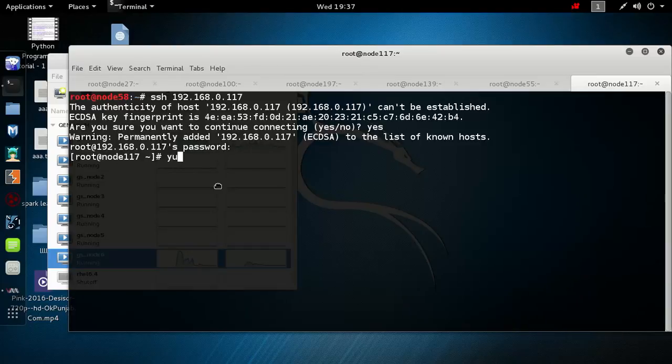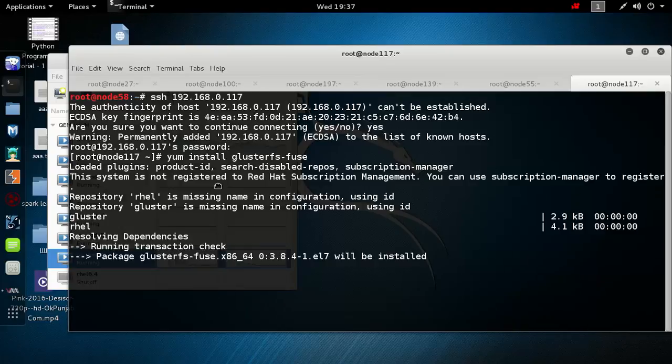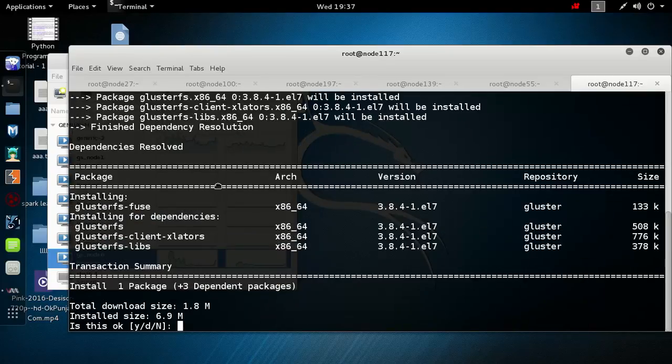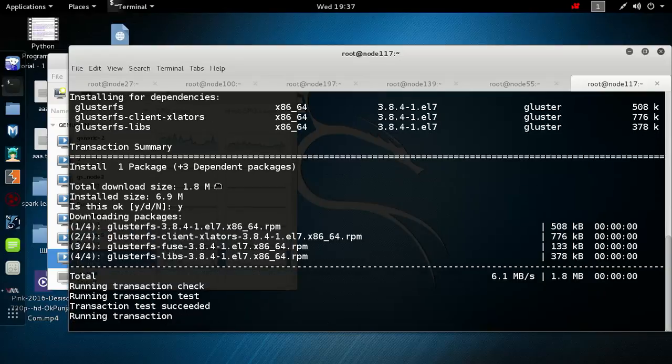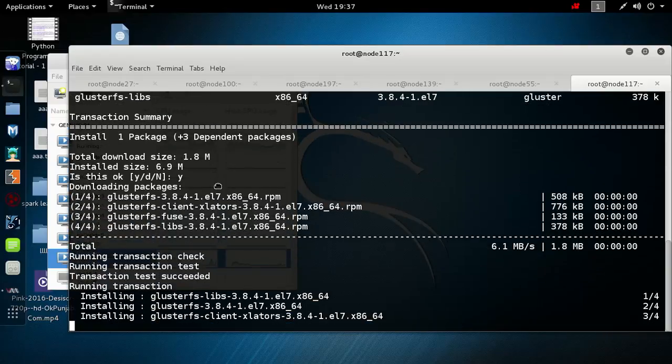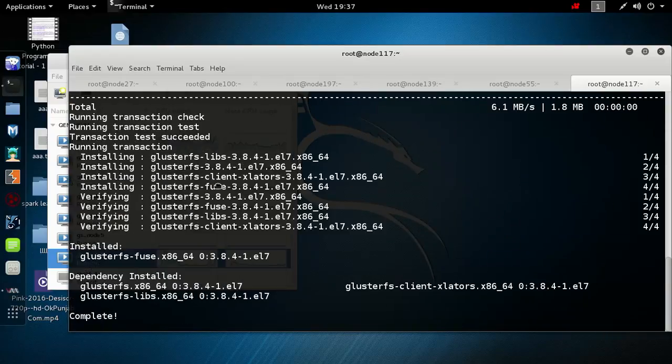So I'm installing glusterfs-fuse to install the GlusterFS file system. Now after installing glusterfs-fuse, we can use the GlusterFS file system to mount any GlusterFS volume on